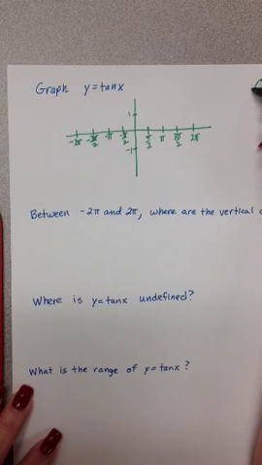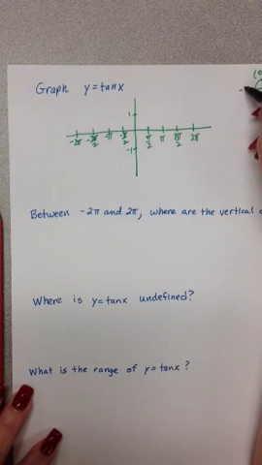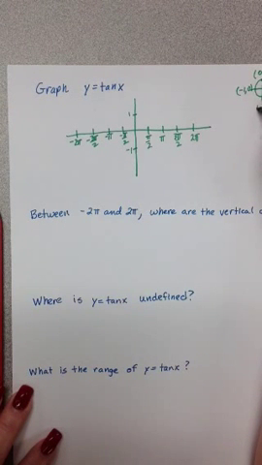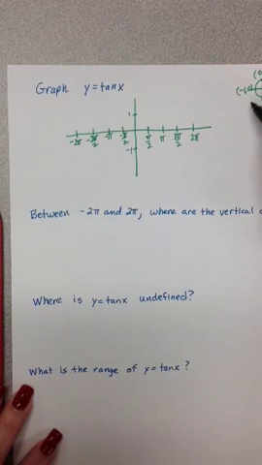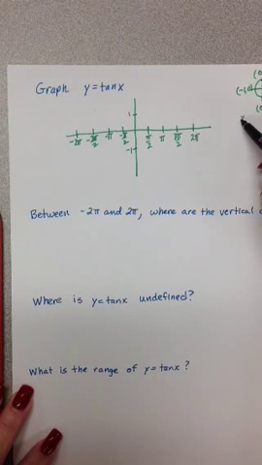If you can't remember that tangent goes through the origin, you could do a quick little t-chart. I'm hoping at this point you kind of know what these look like, but in the case that you forget or something, this might help you to do this way. Remember that tangent is y over x, okay, y over x. So if we do a t-chart,